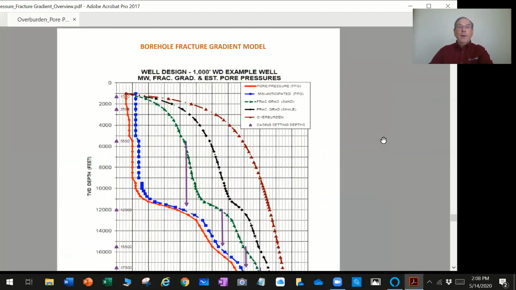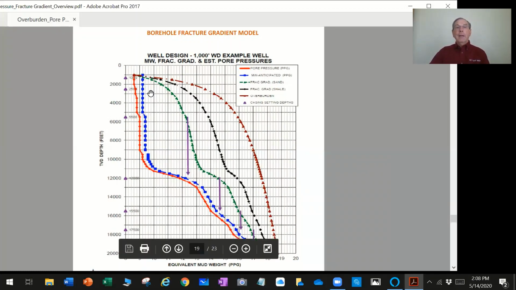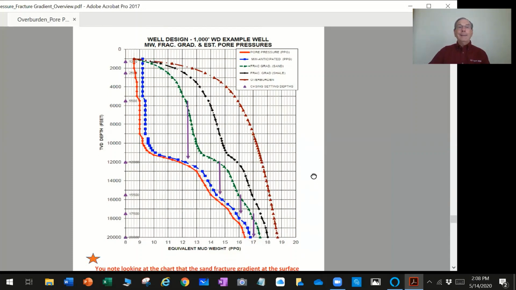This is a graph that I've already described. We want to end with a borehole fracture gradient model for our well. Before you start any well design, you want to have a good understanding of your pore pressure, which is the red line, your overburden, which is this brownish line, your sand fracture gradient, which is the green line, and then your shale fracture gradient. When you're planning casing setting depths, if you look at the surface casing string that I have placed on this model at about 5,500 feet, you'll see that it has a shale fracture gradient that's a little bit less than 14 pounds per gallon,